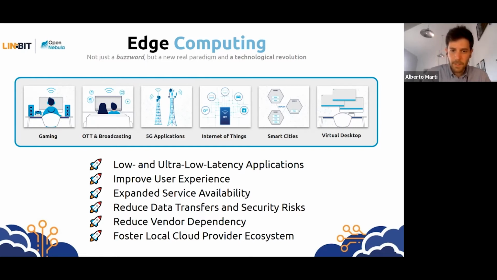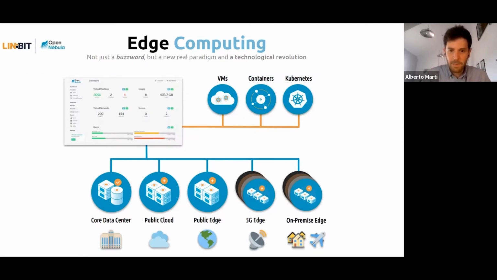What we wanted to do, and Jim will get into that in a second, is show how OpenNebula can help you implement a truly hybrid and multi-cloud strategy for your company. So through OpenNebula you can manage the traditional virtual machines we've always been dealing with, but also now application containers and Kubernetes clusters. And you can decide where you want to deploy this workload, either in your core data center or in a classic public cloud provider,